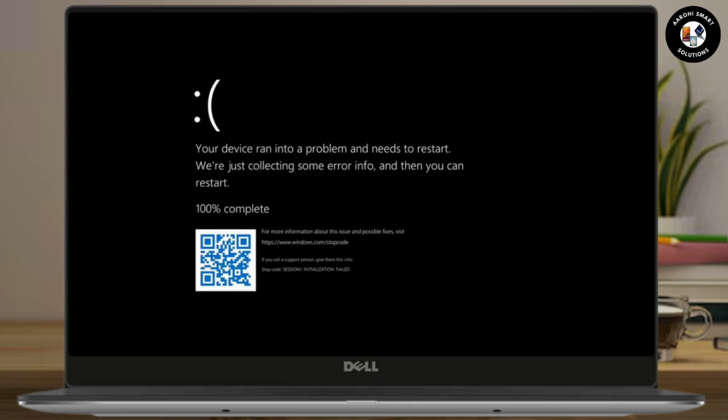Now we have black screen of death. A black screen of death occurs when the system fails to boot into Windows. Unlike the blue screen, the screen stays black and may not display any error code, making it harder to diagnose. It is because of missing or corrupted boot files, hardware issues, boot sector corruption, or problems with the power supply